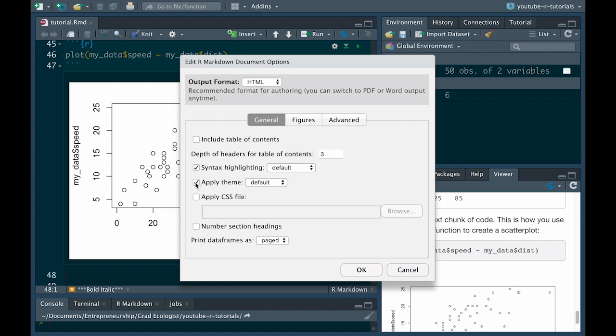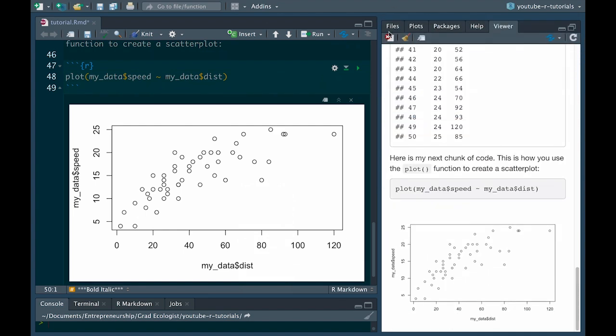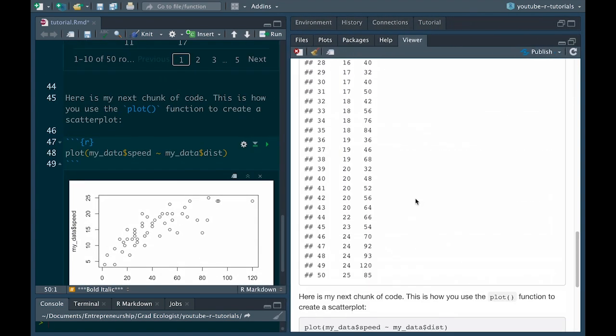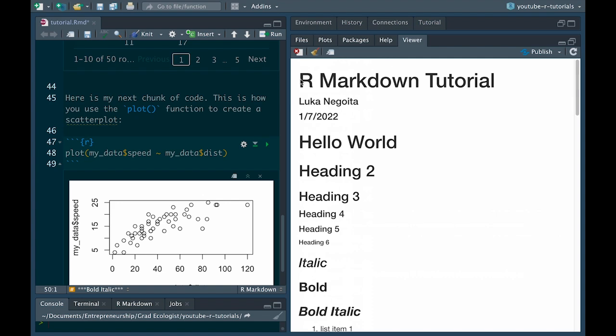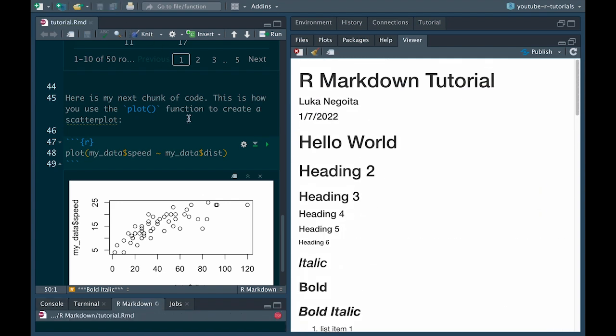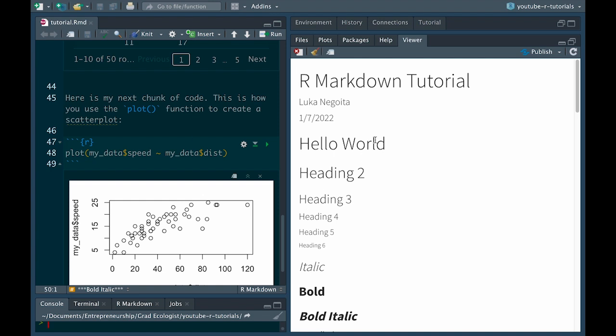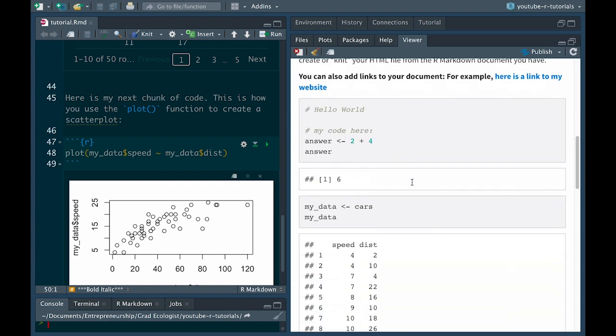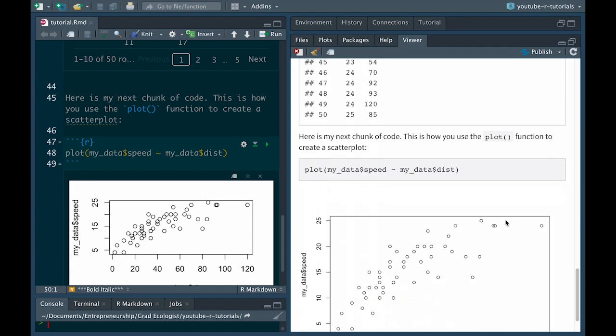So one thing you can do is you can change the theme. So here, apply theme is set to default. We can change this to something else. I don't know, let's see what Cosmo looks like. And then click OK. Let's make this bigger. Now you have to knit it again for everything to change. See, everything's kind of just black and white, plain, nothing special. Let's knit this. And now we have this fancy new type of font. Things look a little bit different. The fonts are a little different. Some of the colors are a bit different.